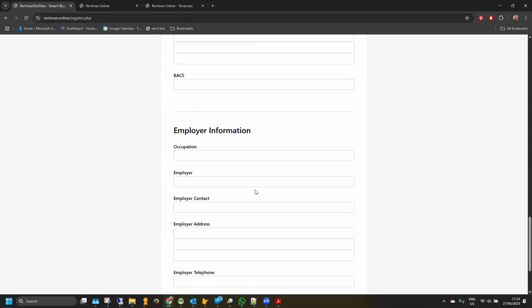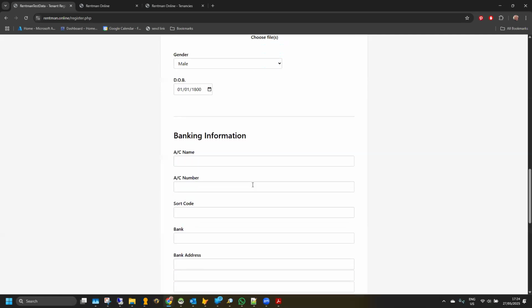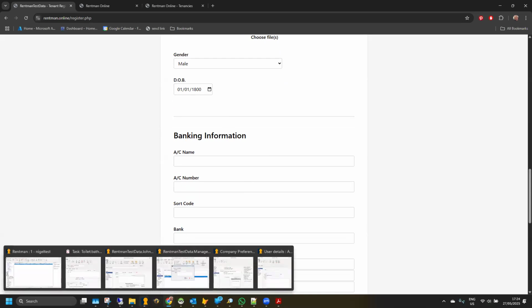Now it's worth saying, they don't have to do it all in one go. That's all there over the next days until the tenancy starts. Once the tenancy has started, they cannot change this. They cannot submit new information. You don't want a tenant changing their email or mobile number as soon as their rent becomes outstanding. If they do try and change it once the tenancy has begun,